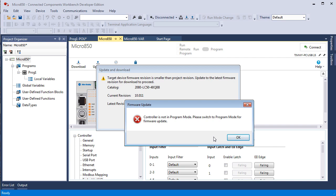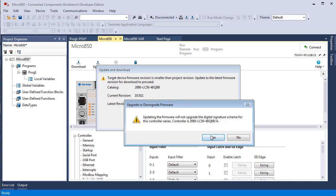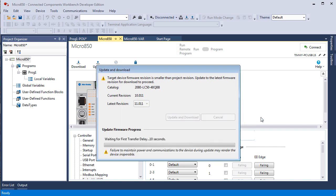There's a switch on the LC50 that I did look at, and it's in the center position. So I'm going to flip it to program and then back to the center position, which is traditionally what Rockwell does to put it in the program mode. Okay, so there's a 3-position switch on the LC50 right below the USB port. It was in the remote position, and typically